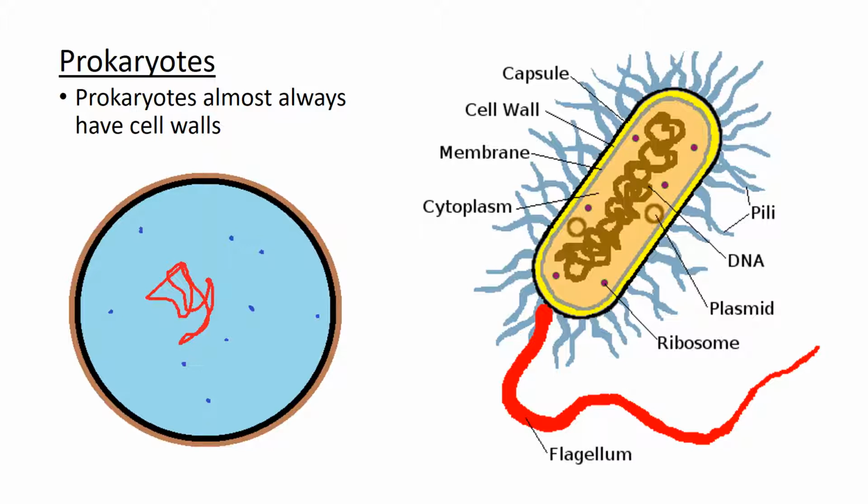We see a cell wall on the right as well. It's represented in yellow. So in that image, don't get too distracted by the other components here. What you're interested in is that gray cell membrane, and then surrounding that is the yellow cell wall. So just know that most prokaryotes, almost all prokaryotes, have cell walls, and the cell wall is located outside the cell membrane. It just offers protection and structure for the cell.